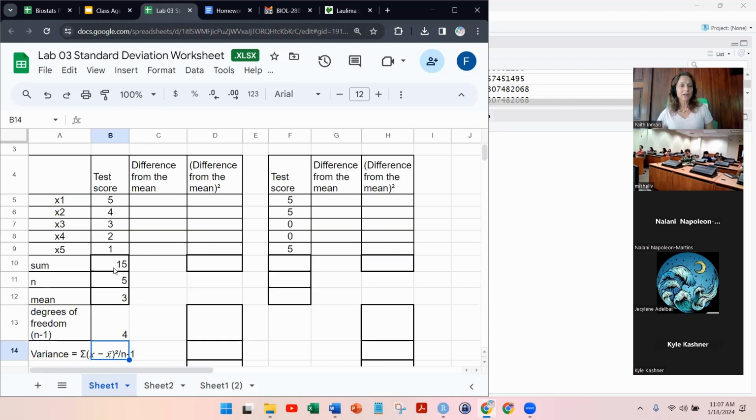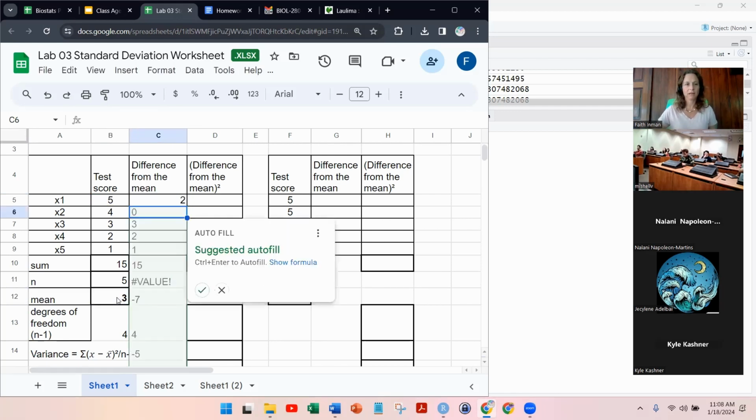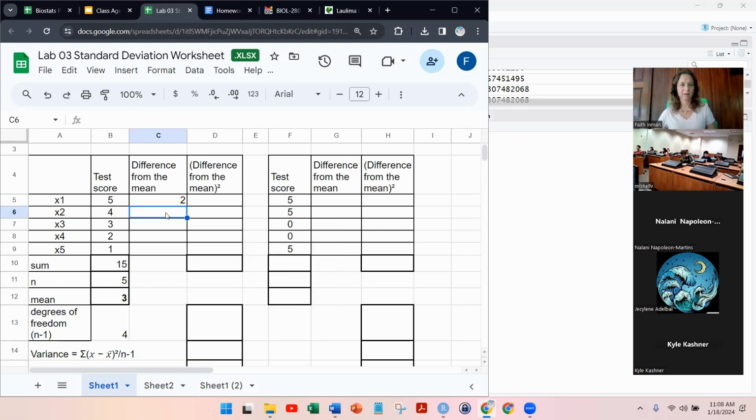Now let's go up here. Now we've got the mean. This is the key thing that we need to go on to calculate the standard deviation, the mean and the N, right? So the difference from the mean of each point, we can easily calculate. You can do it in your head, or you can type out equals test score minus mean, right? So in this case, it's 2. I don't want to autofill in this case. It's going to give me the wrong answer, okay? And you can say